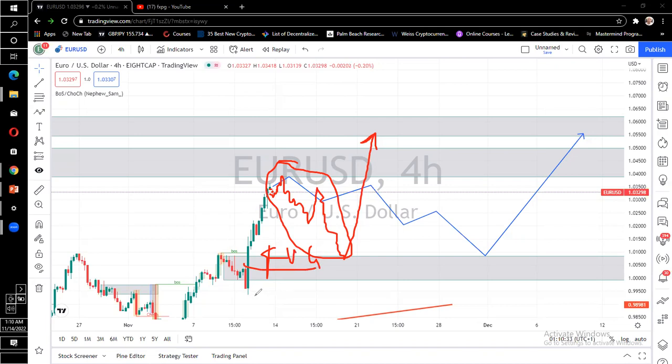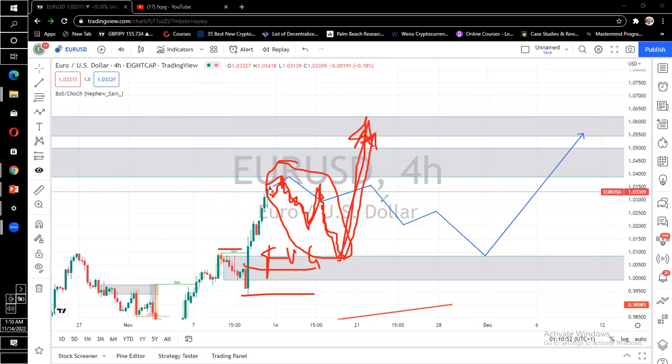And here we'll have a block. So they've broken the structure here. So we want to see them correct to the downside, then push, correct again, then push. This is what I'm expecting, because the market is not going to reverse, so we're going to